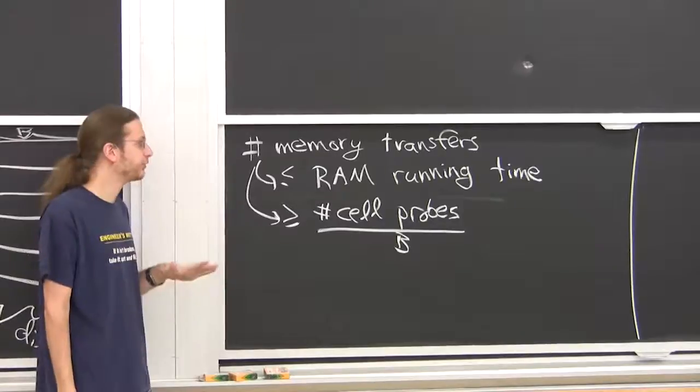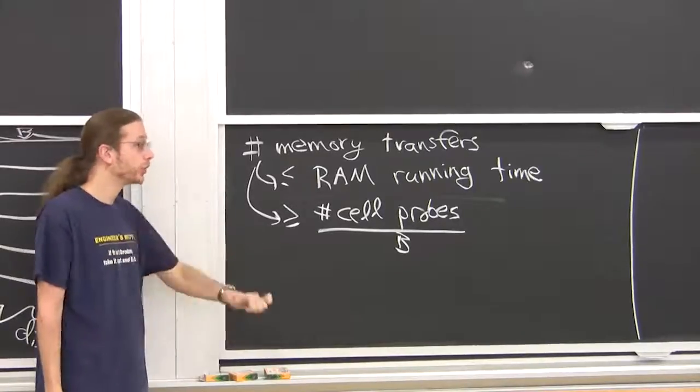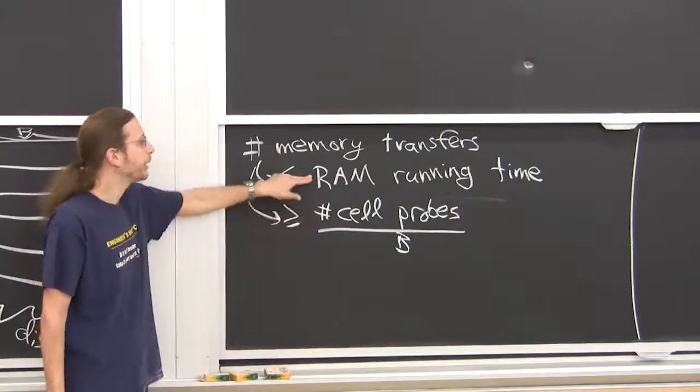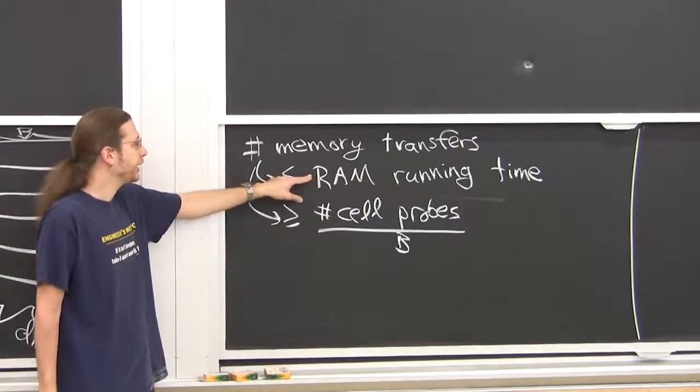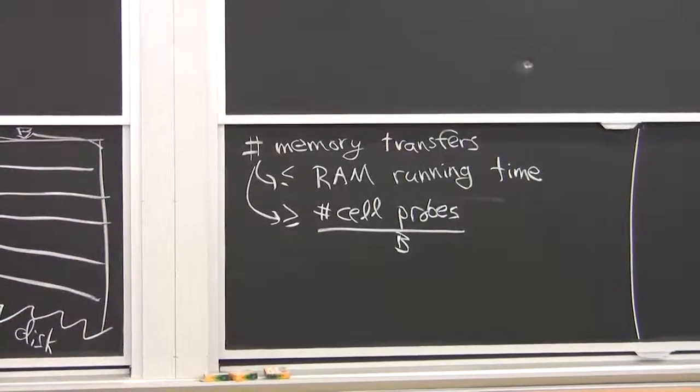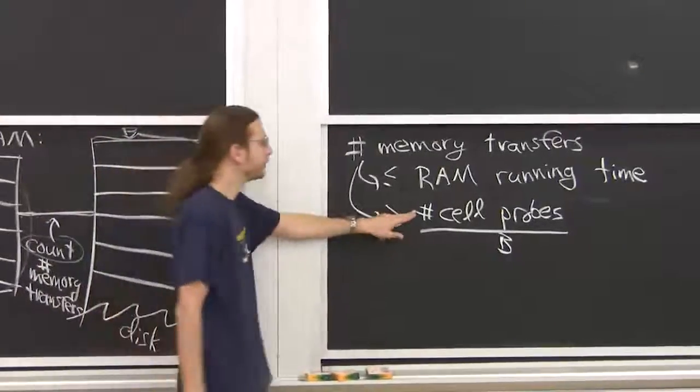So computation is free. We just count the number of word reads from memory. So it's a lower bound on RAM data structures. And in this model, we're only counting memory accesses. But where cell probes count words,